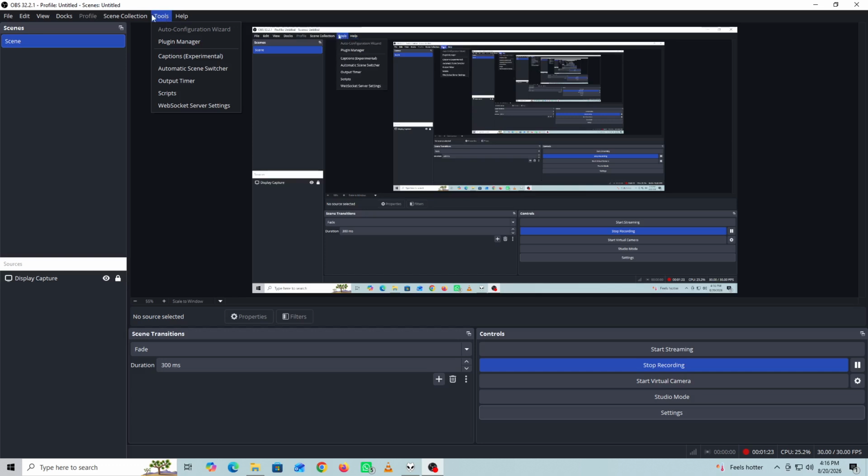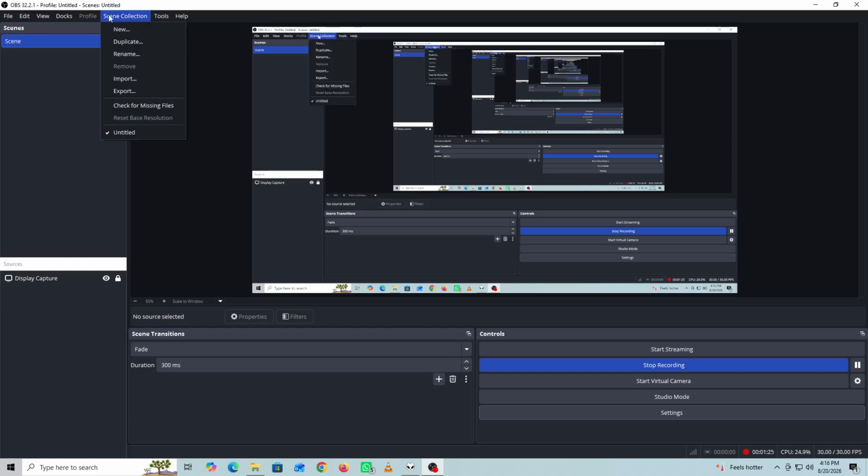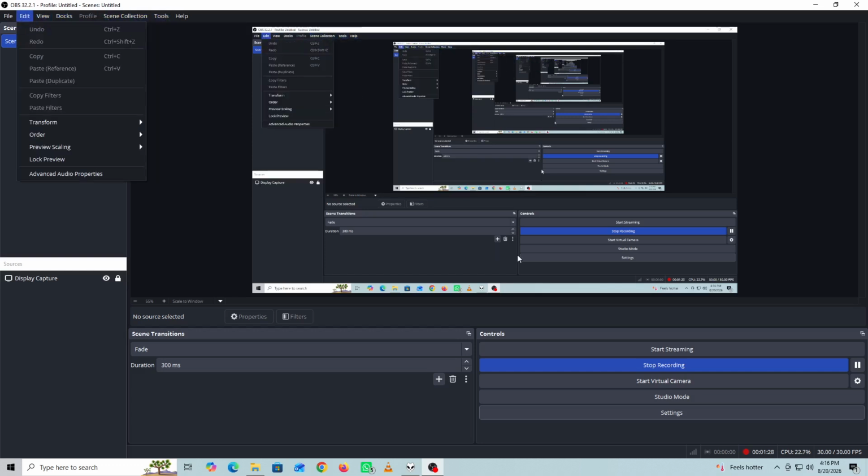You can also add filters, text, images, transitions, and overlays to your OBS scene before sending the video to your